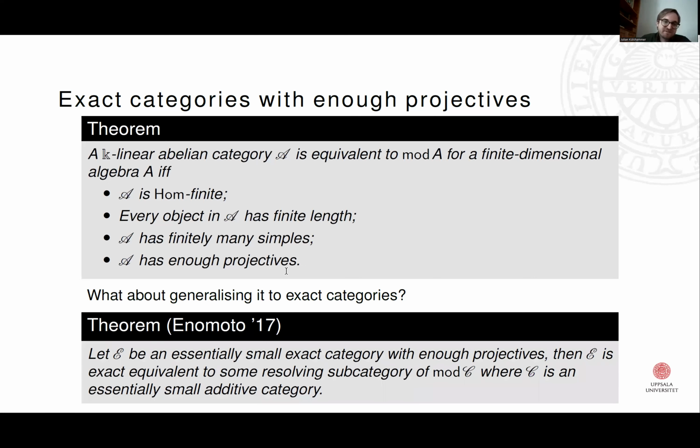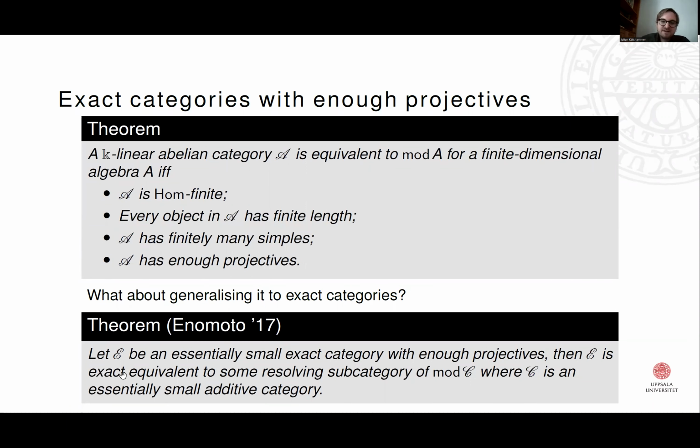For example, there's a theorem by Enomoto from 2017, which tells you that essentially small exact categories with enough projectives, we can describe them even in this generality,